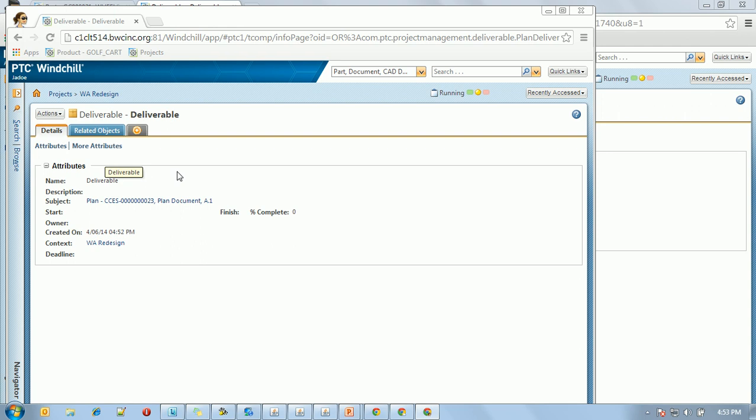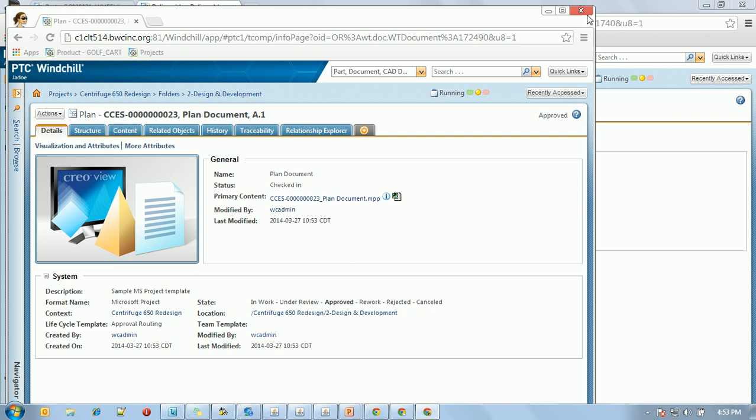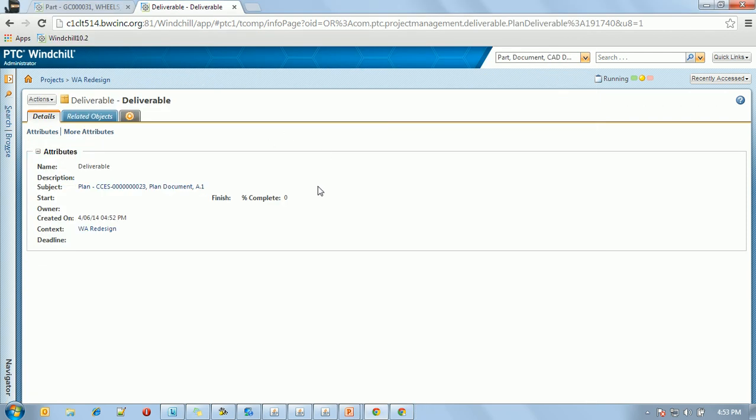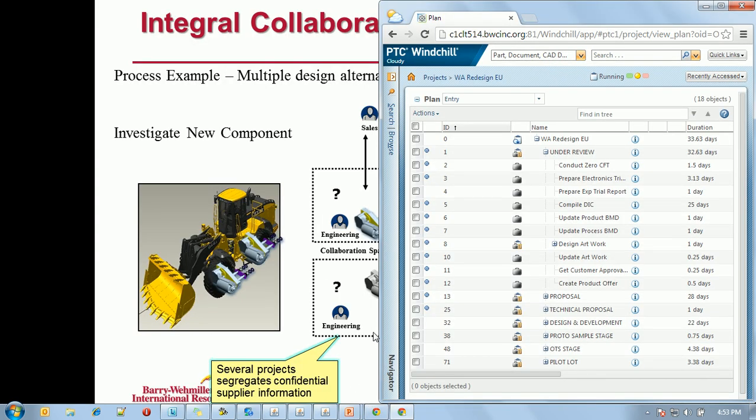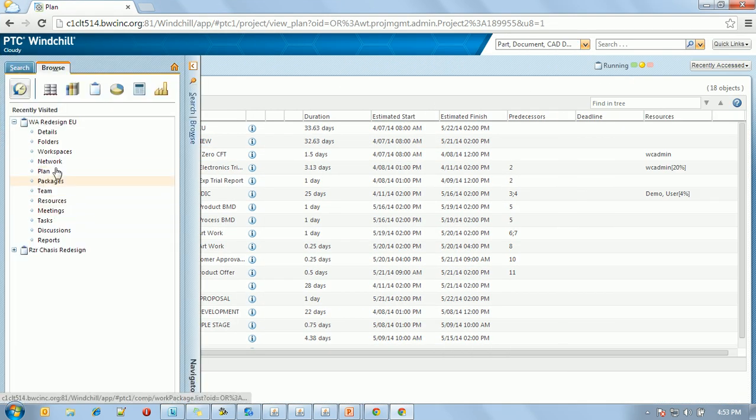When Jane goes in, sees that there is a deliverable associated with her, she can then go into the subject, check it out, and start working on it. So these are objects that were created within this plan, but now I'll just go and show you that as the user Cloudy, if I go click on folders,